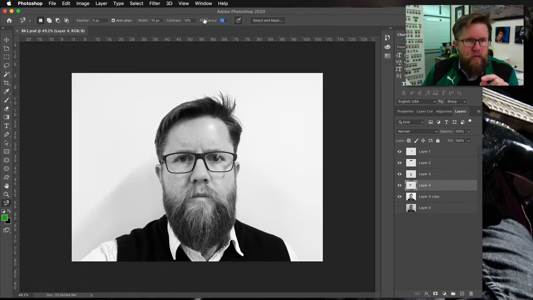So if that's down very low, and if I make it something like 19, and I click and start dragging, you can see that it puts a little black box with a distance between them. So they're the points that it's using